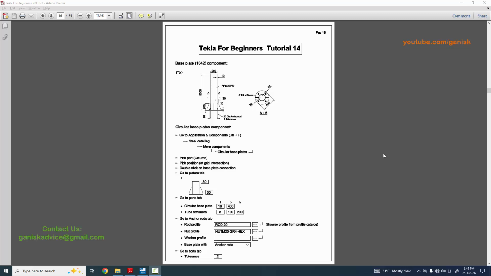In this tutorial, I'm going to explain how to create this type of base plate in Tekla Structures with